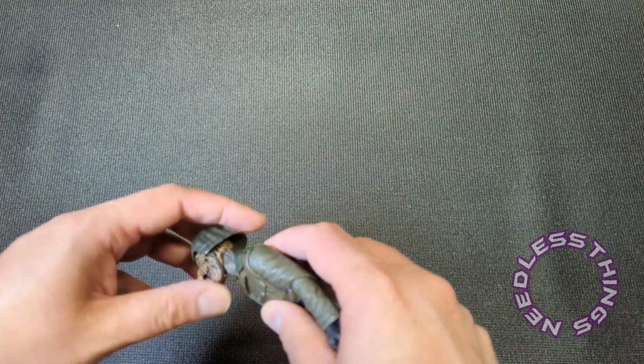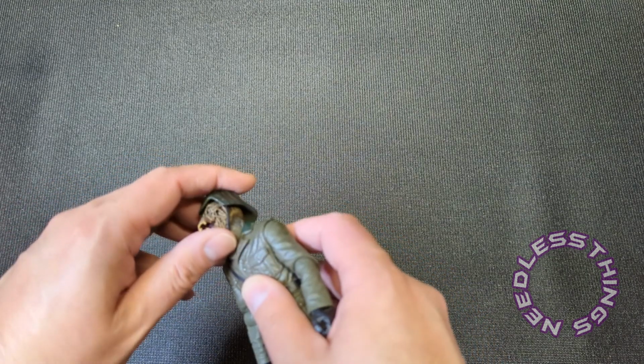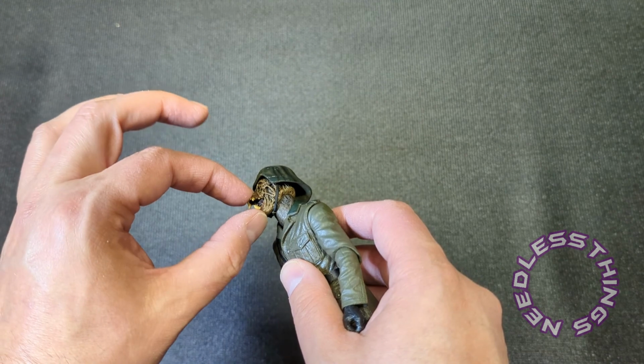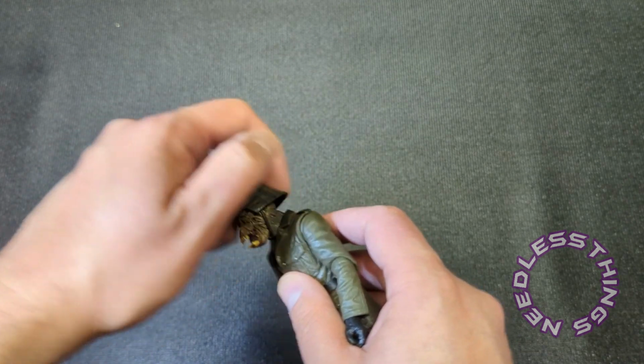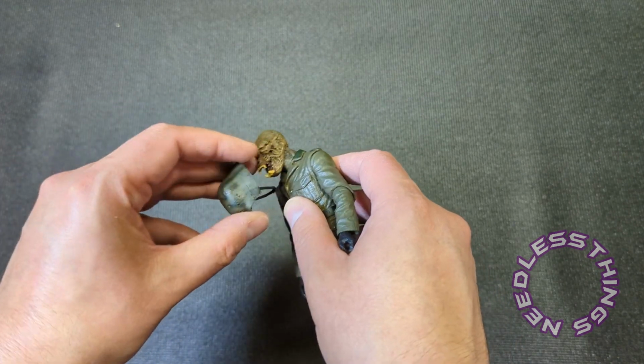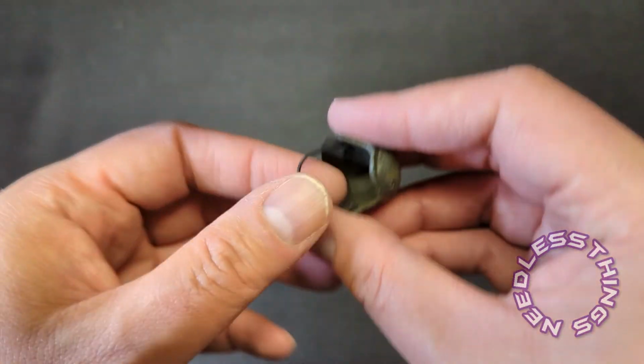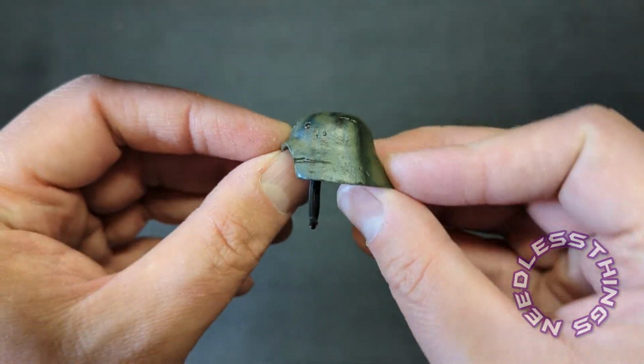I'm not sure how difficult this is going to be, because obviously if I pop the head off, I'll be able to get that helmet right off, but I'm concerned I can't pull like that. Let's just do this. There we go. Okay. So, helmet, since we're going to be setting this aside,